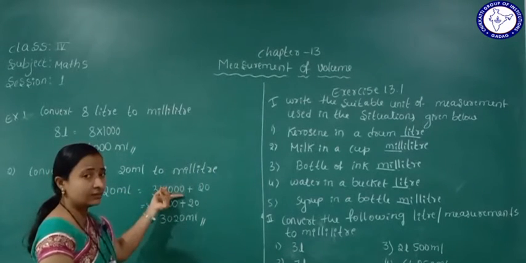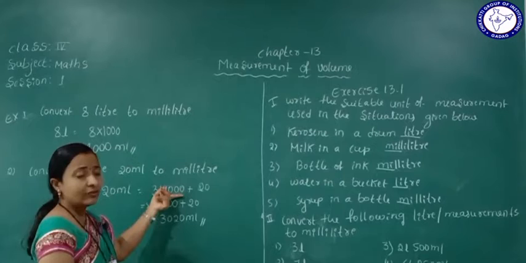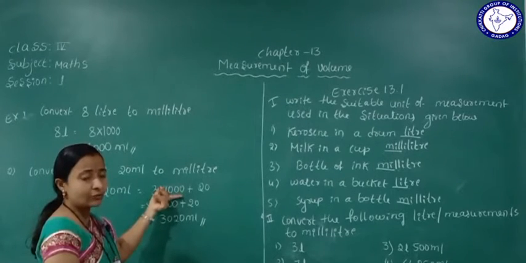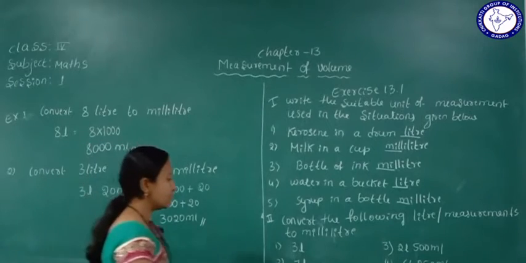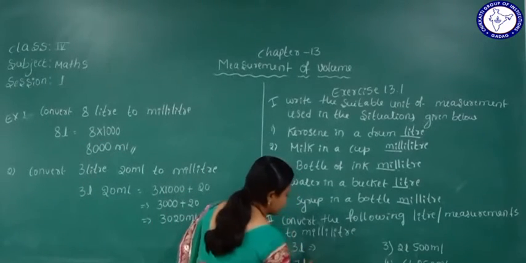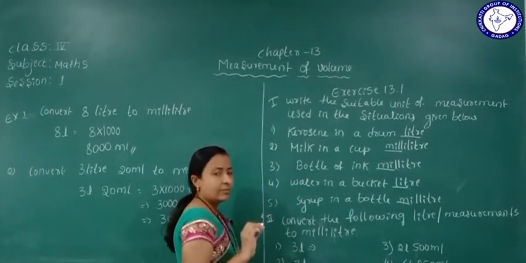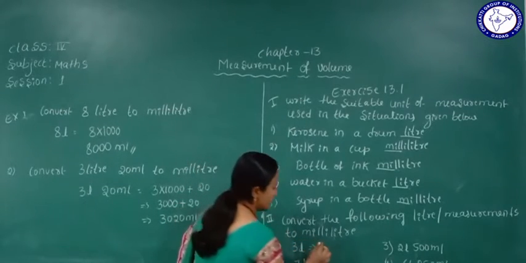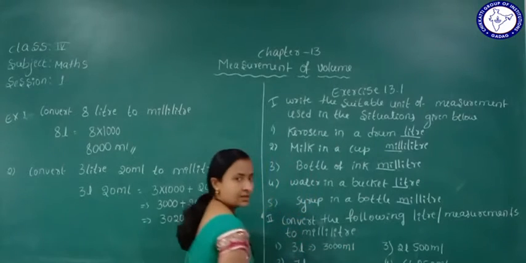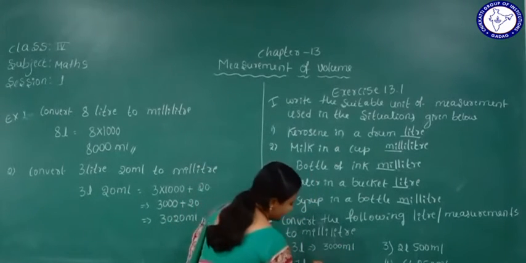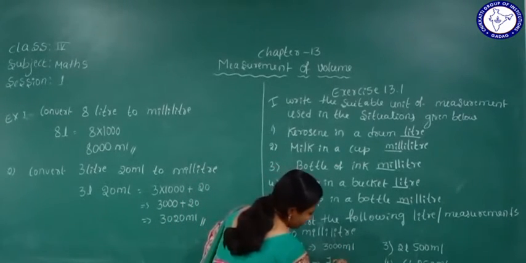What will we do here? We will multiply the given liter volume by 1000. So directly we will write the answer. 3 liter means we multiply 3 into 1000. Answer is 3000 milliliter. Same as here, 7 means here 7000